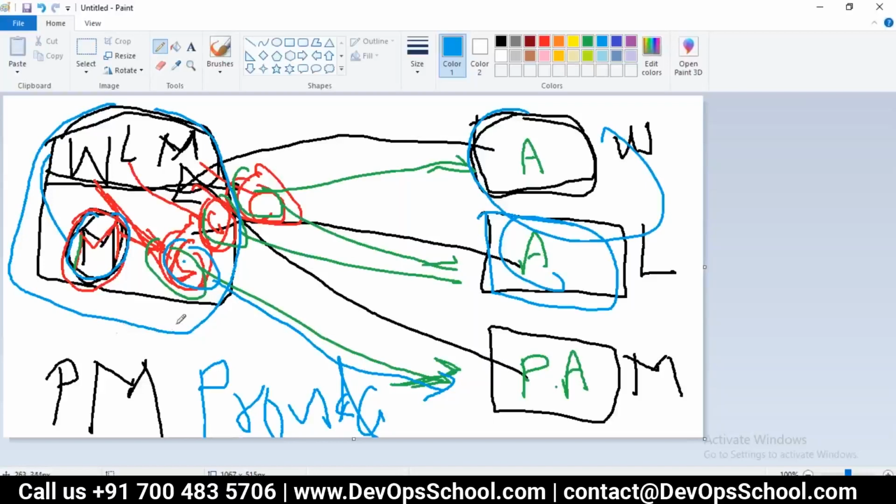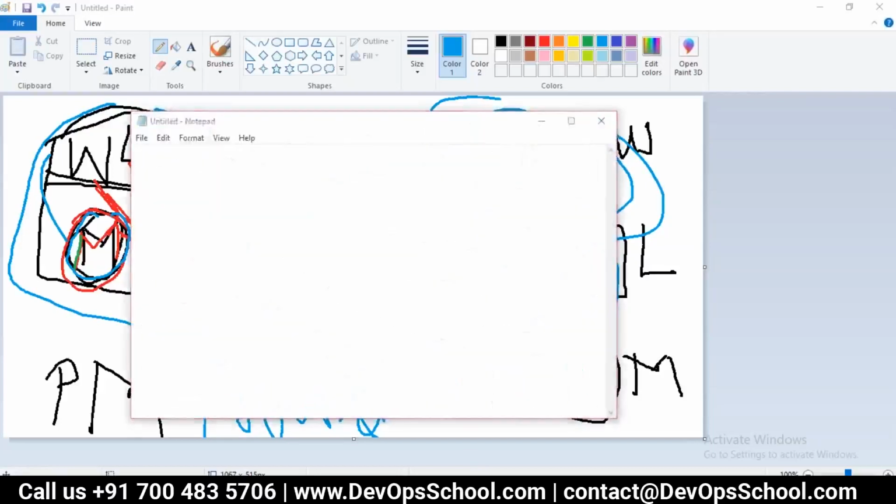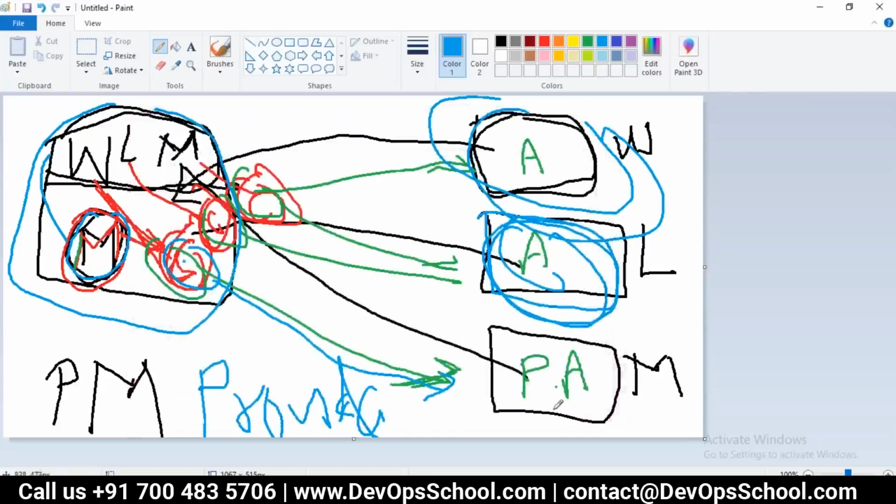Puppet master is not sending manifest to execute to each node. Puppet master sends a catalog in a JSON format. Each catalog is designed for each node actually. Okay, so is that clear? Did you understand what is a provider? Anyone has a doubt? Okay, so